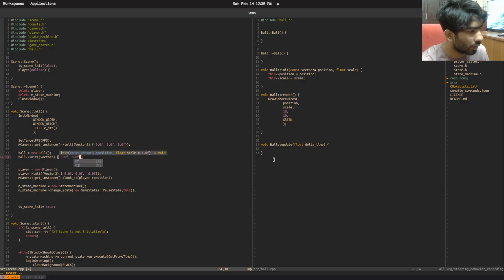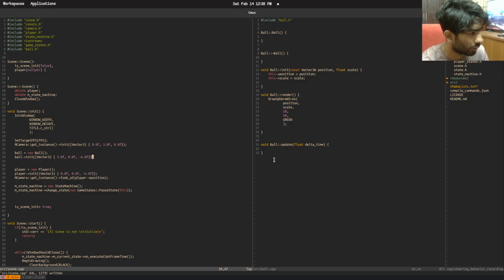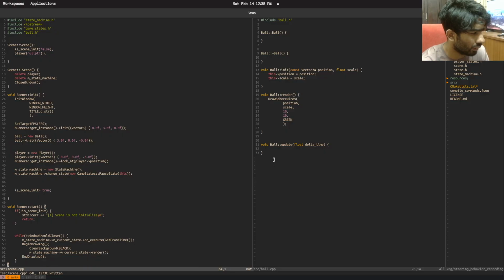F10, and we want it to be in the same distance. And we want this to render. Obviously,